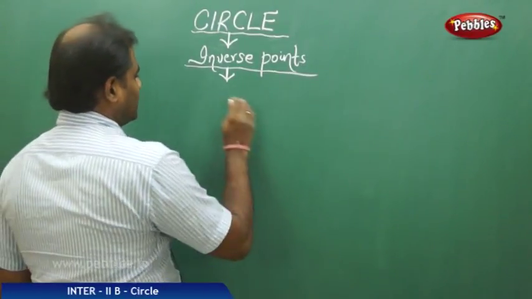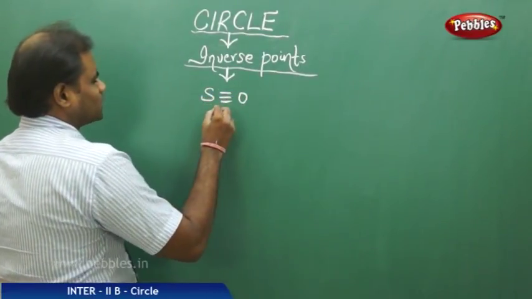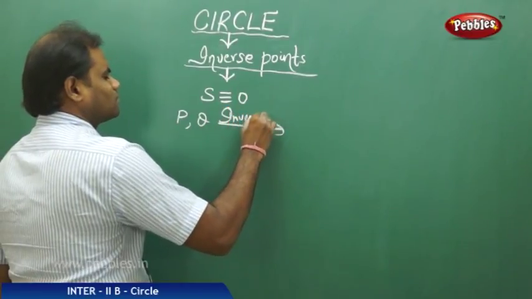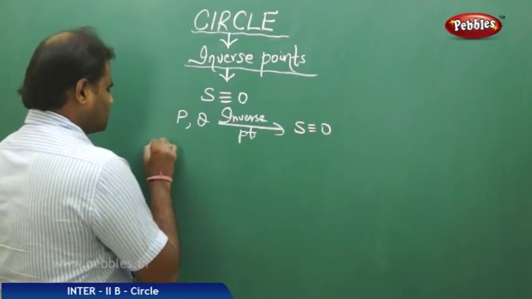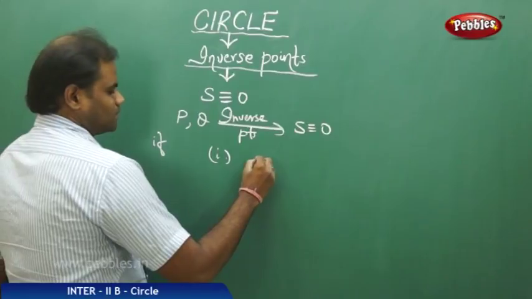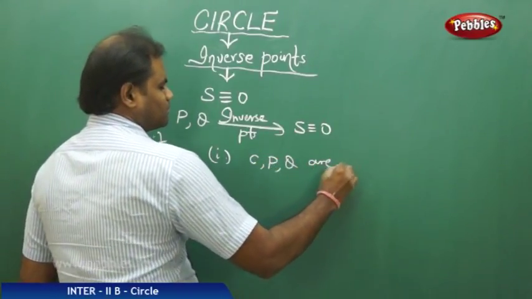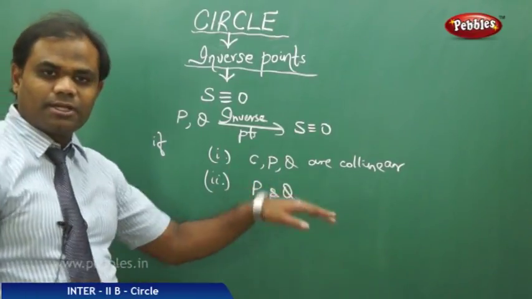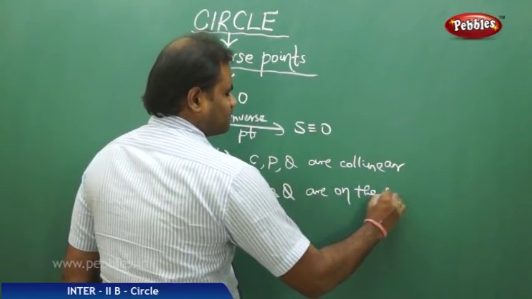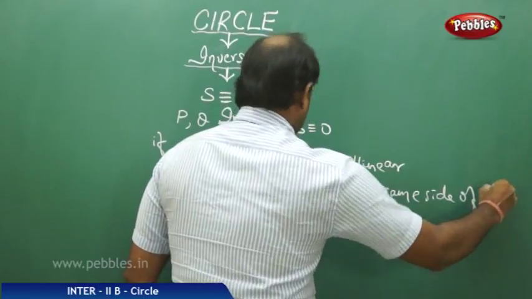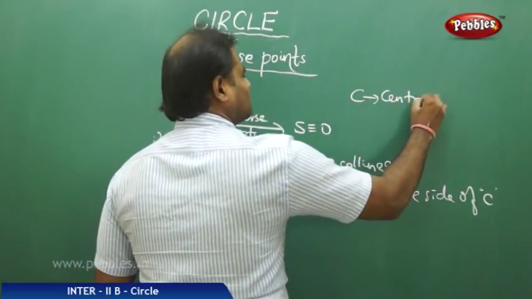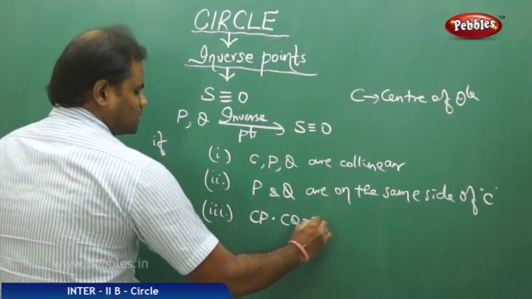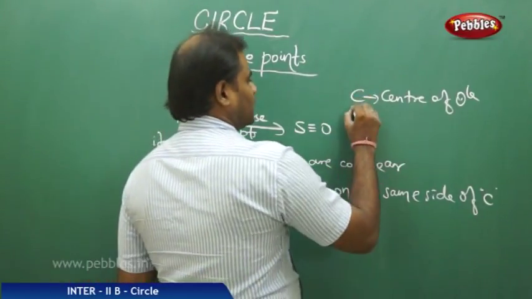That is, suppose I have the circle S equal to 0, then P and Q are said to be inverse points for the circle S equal to 0 if my first condition is that C, P, Q are collinear, and my second condition is that P and Q are on the same side of C, where C is the center of the circle, and the third condition is that CP dot CQ is R squared, that is CP times CQ is R squared, where R is the radius